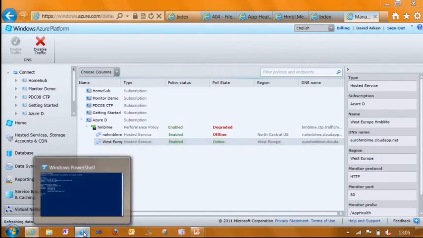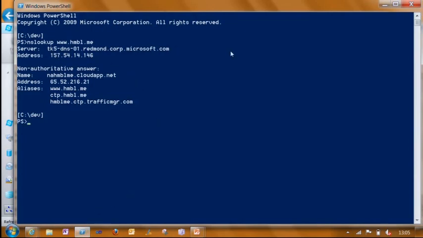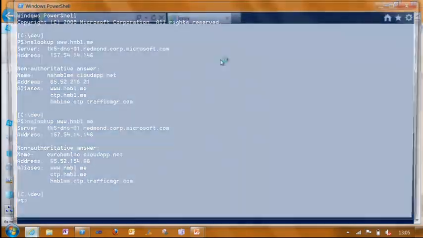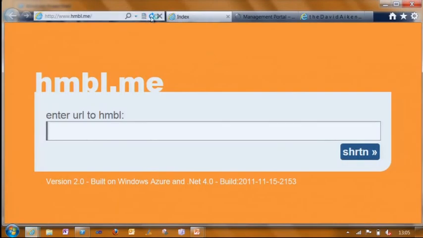Now what's really interesting is this gets cached all the way downstream. So when I do an NS lookup, I may actually get North America. Now fortunately we didn't here, we waited long enough for it to time out. It went back to the DNS server, and you can see we're now being routed to the European site. If I open up a new Internet Explorer and do a refresh